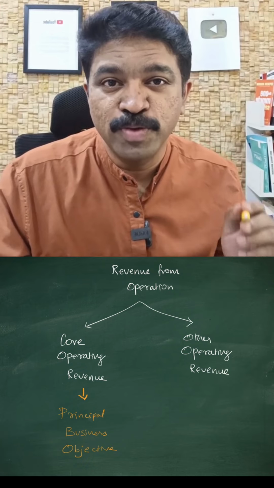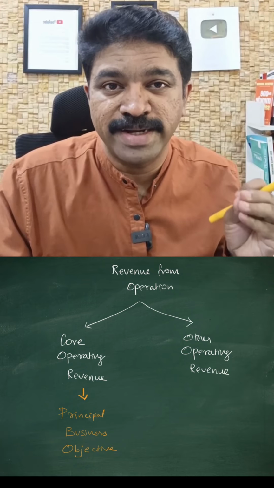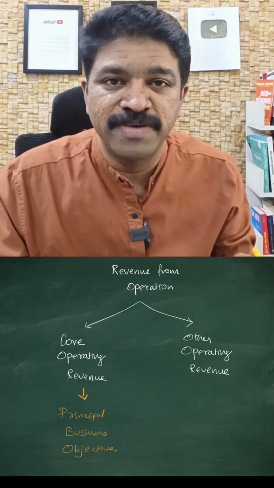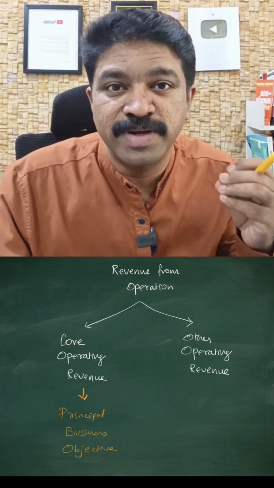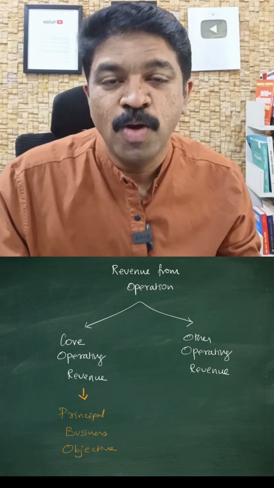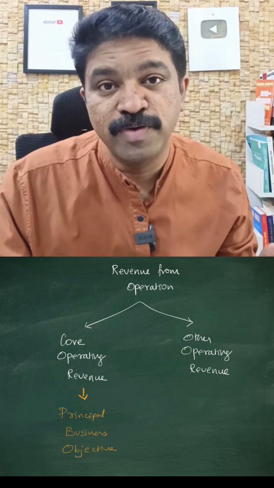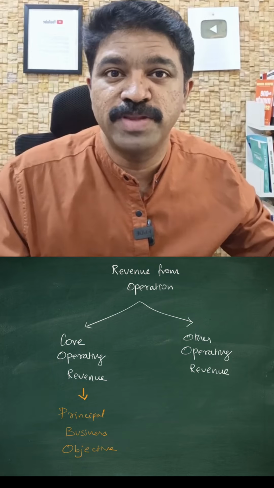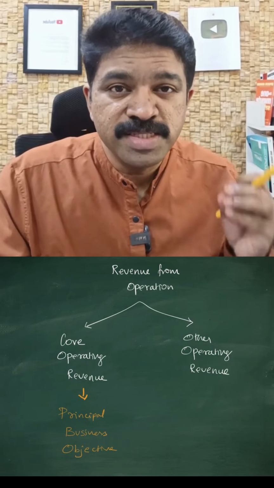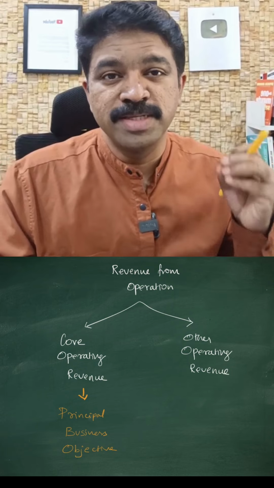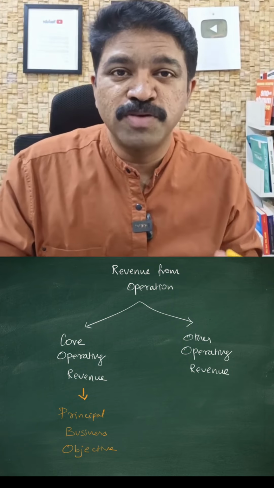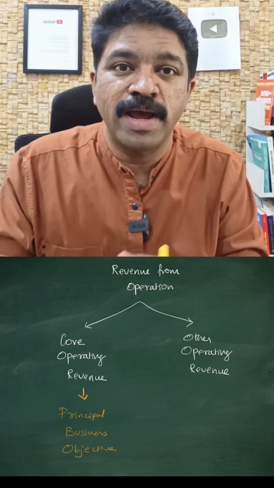Core operating revenue is the revenue which that entity is making because of their principal core activity. That is, it is for that activity that the entity is set up. Whereas other operating revenue is the revenue generated as a result of their business processes. And this understanding is very important. This bifurcation is very important because we have to understand how much of the revenue is coming from core and